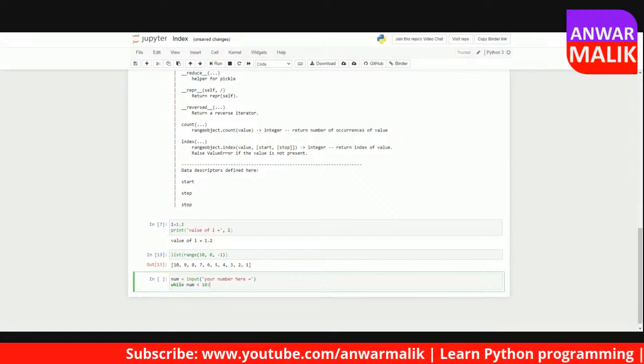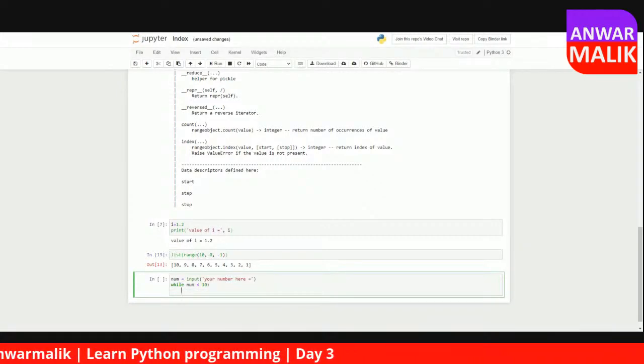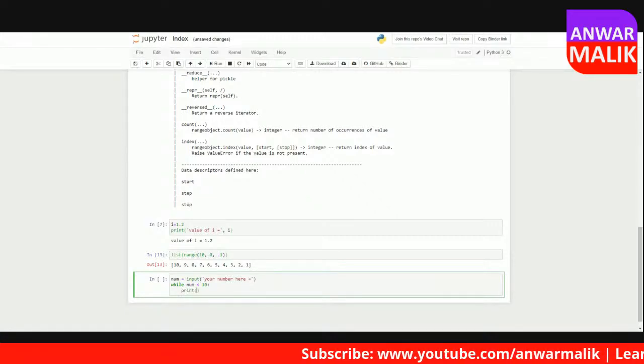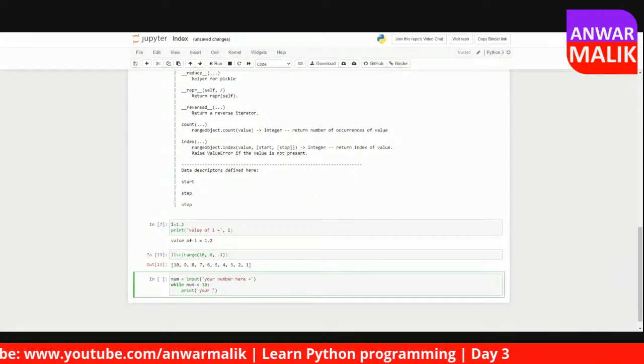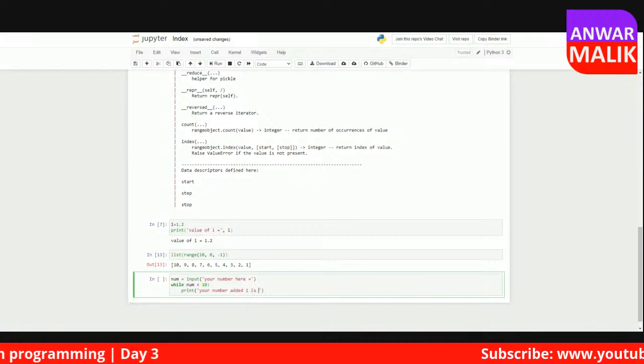Never forget this colon here. I press enter, and then I say print, let's say your number added 1 is,